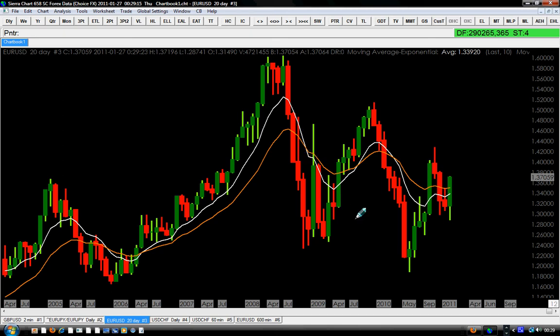The price is going down. You see that the exponential moving average 10 is still going down. You see the direction. That's why it's telling you it's going down. Now the price tries to go above it. You will seek opportunity to sell on the other side of the exponential moving average 10 because it's still